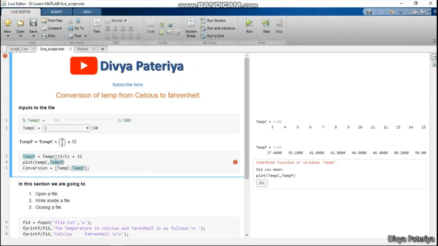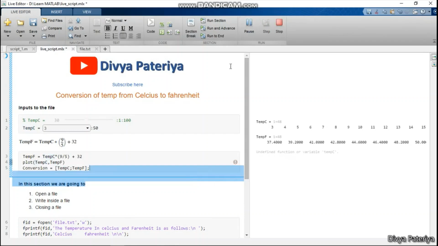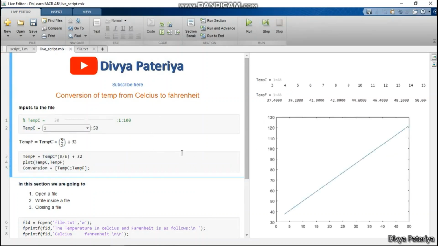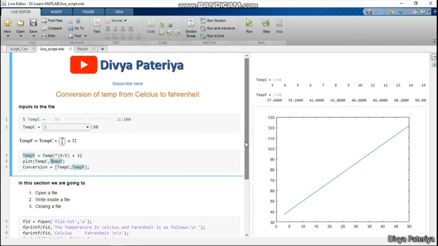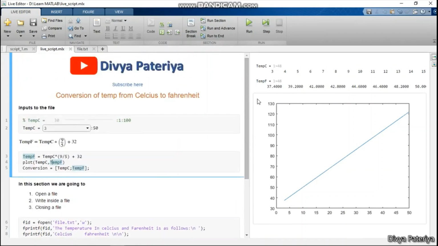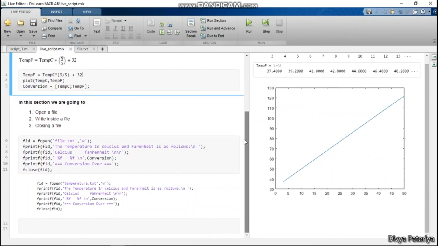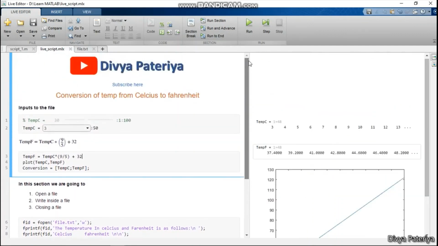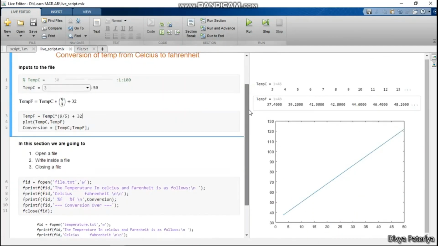I have an error. It is telling me that temp C is undefined just because I have not added a capital T. So now if I run it, I can see that there will be a graph popping up here, and we can see that inside the same live script we now have the outputs also, and I have plotted the temperature in Celsius and Fahrenheit. So in this way you can create your own script file to make it more readable to someone else who is not aware of the code. So this was just a glimpse of how we can use live scripts. You can explore this live script on your own also to have a better command on it.